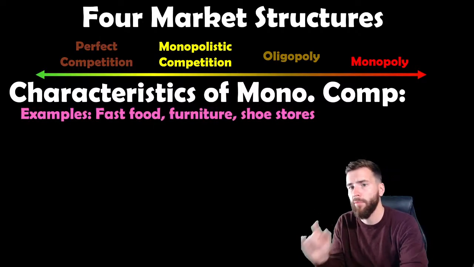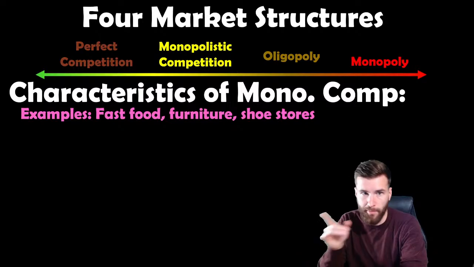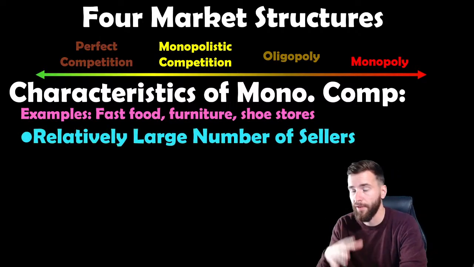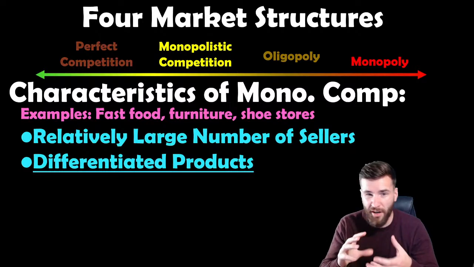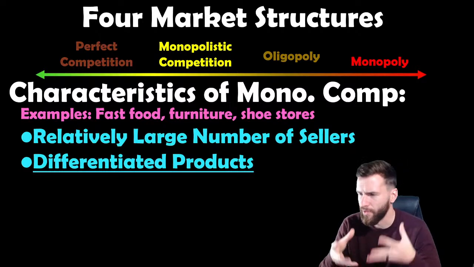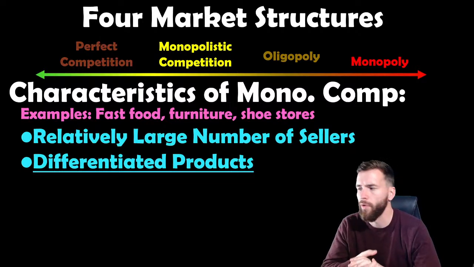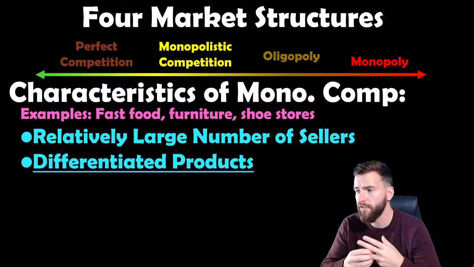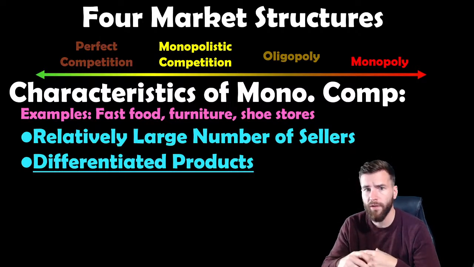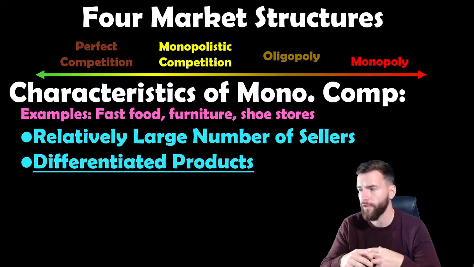But what makes monopolistic competition different from perfect competition is that the product is not identical. The product is different. There's some sort of variation. They're differentiated. They're not identical. There's variety. So think about clothing, right? Are all jean producers the same? No, right? Because jeans are different. Some jean producers produce high quality jeans. Some jean producers produce low quality jeans. But there's a lot of jean producers out there.